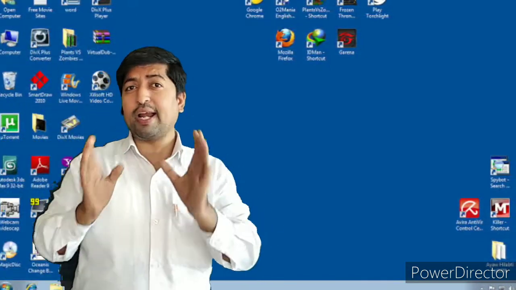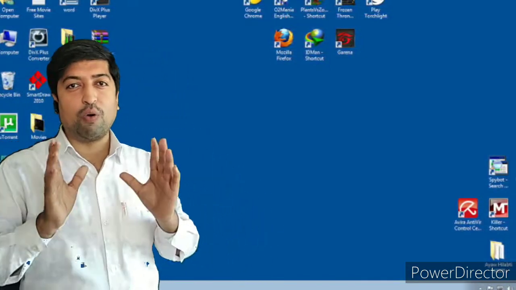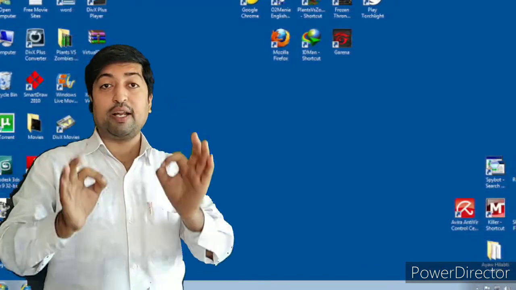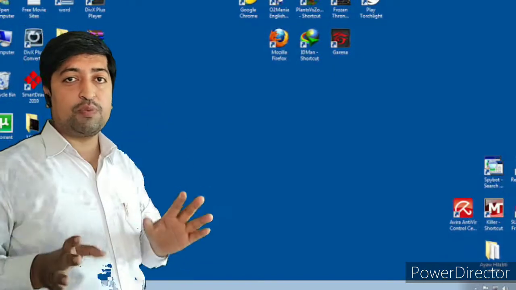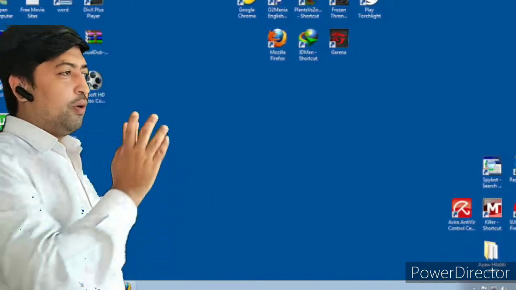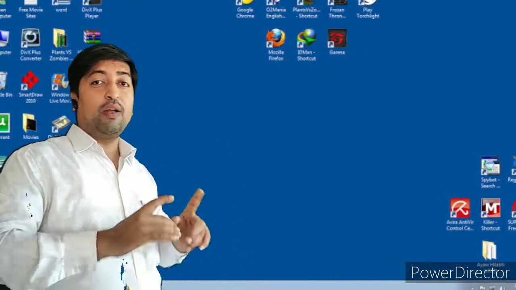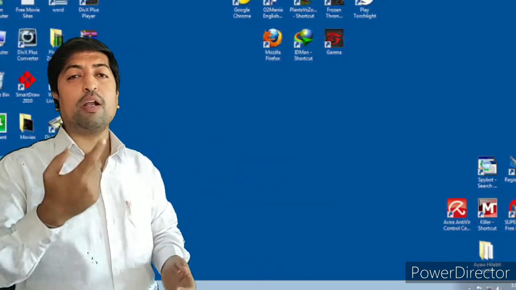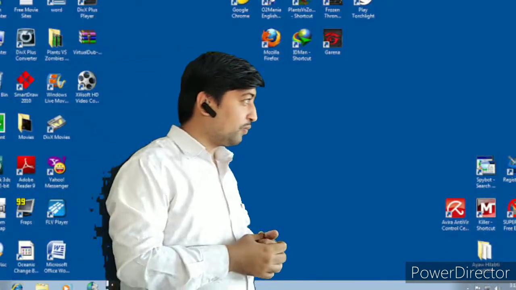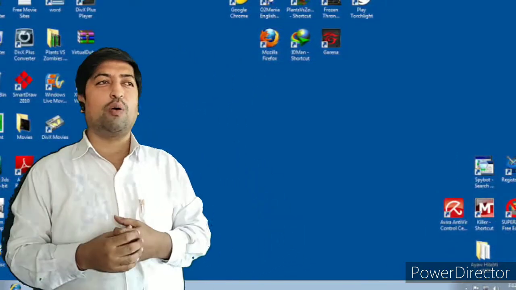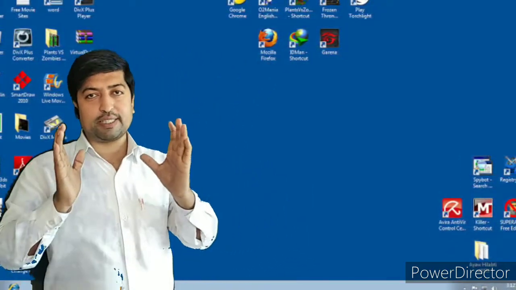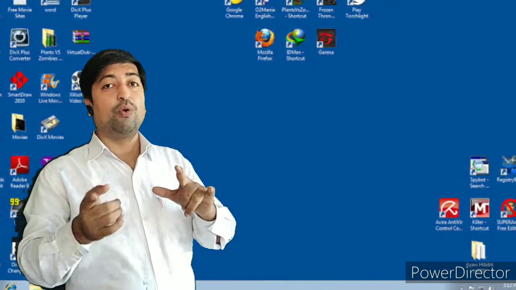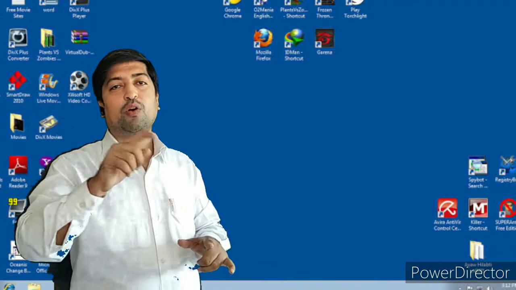But right now you are smaller students, you only have to keep in mind that the drag process helps you to move your document or file over the desktop from one place to another place. What is desktop? Desktop is the first screen displayed in front of you after starting your computer.